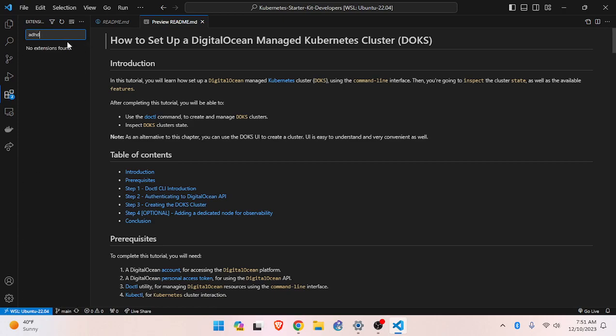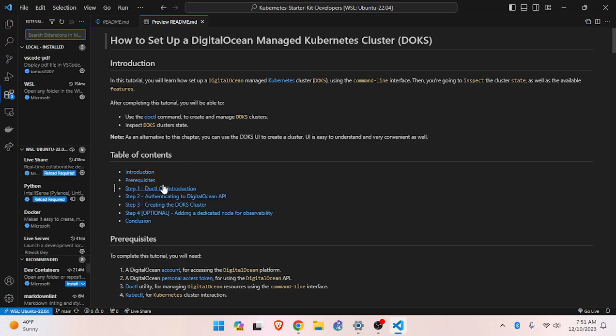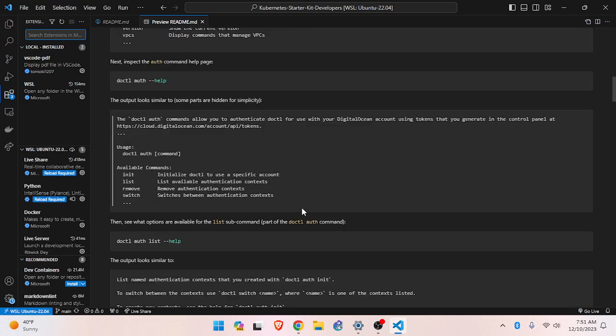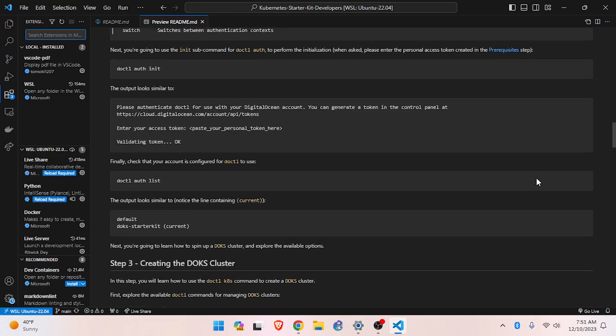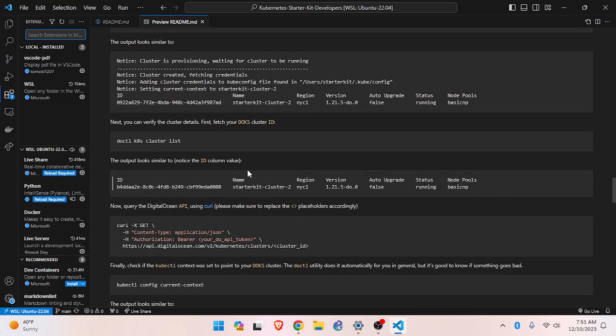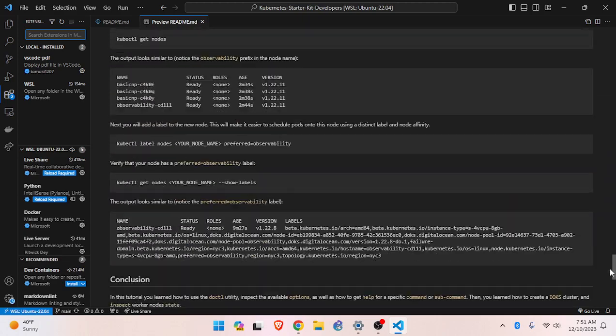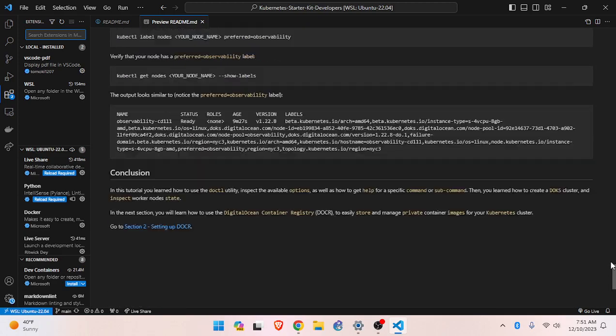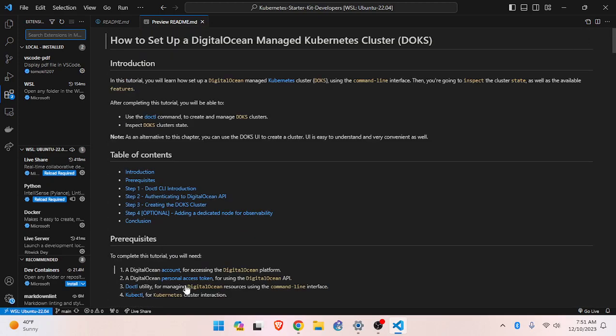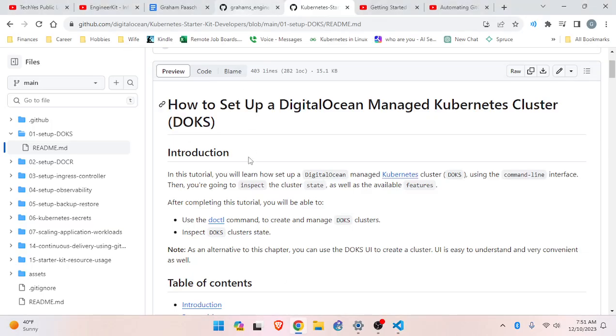No extensions found. All right, I'm going to keep reading it from the web for now. At some point I might switch to reading it in the preview here. You know what? I like the preview better. This is too bright for me.